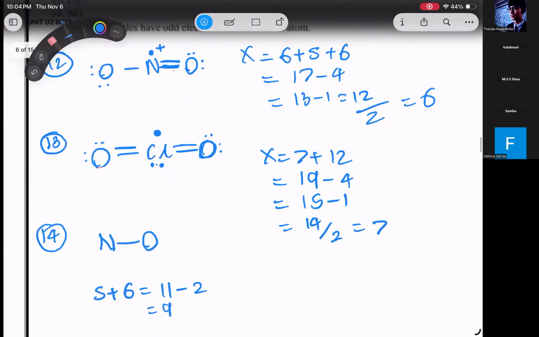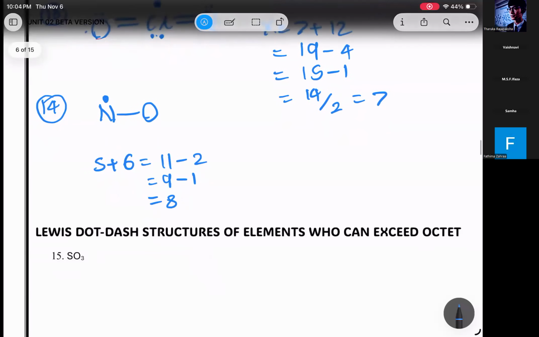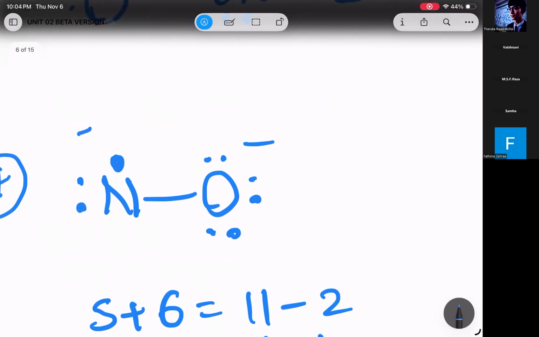So just put the odd electron on nitrogen and then subtract that electron. You will get 8. 8 divided by 2 is 4. එතකොට මෙතන 1යි 2යි 3යි and then the fourth one you can put it here. So this oxygen you will get a minus charge. This nitrogen you will get plus charge. Now what can you do? Form a bond with oxygen. You can form a bond inside.